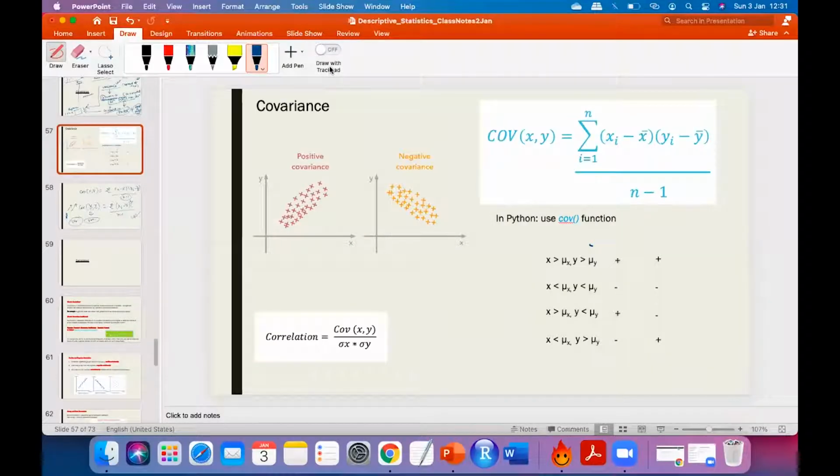Okay, let's start. So yesterday we were seeing the covariance. Can someone explain what we discussed in covariance? Anyone? Covariance is the relationship between the two variables. It gives a relationship between two variables, right?